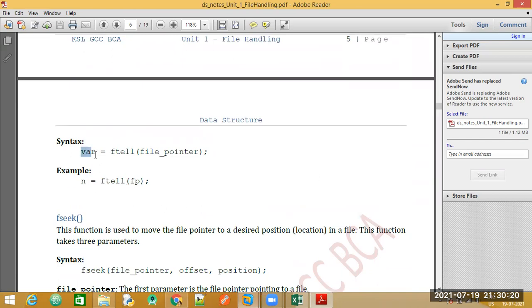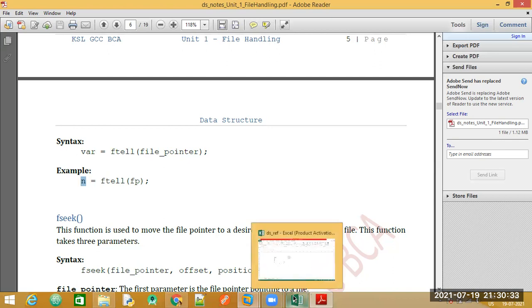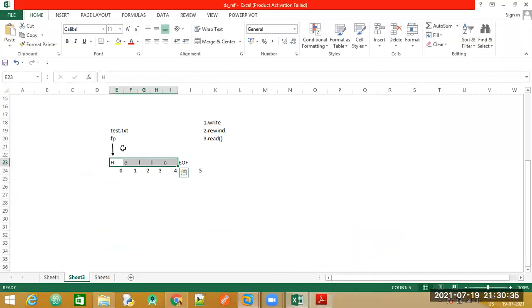Have a look at the syntax. So ftell, and we need to pass the file pointer, and the current position will be stored in any variable. For example, currently the file pointer is pointing to the 0th index. Suppose we have performed our write operation and we are at this location.